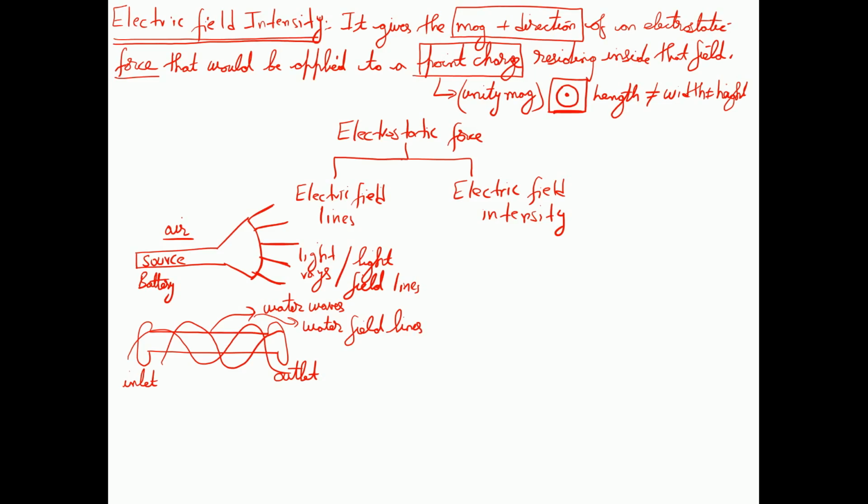This is something we can portray whenever water is moving inside a pipe. We can say that the water is flowing with a certain orientation, a certain frequency, and at the output we can assume these are certain water field lines, although the output is a continuous flow. But if we can manage to disintegrate that water flow into different wavelengths or frequencies, we can segregate them into different waves as shown over here. So these are examples of how field lines may be imagined,